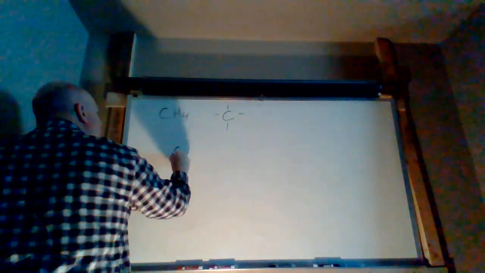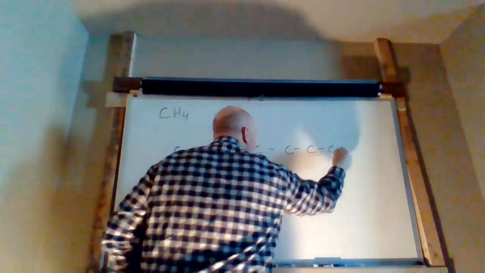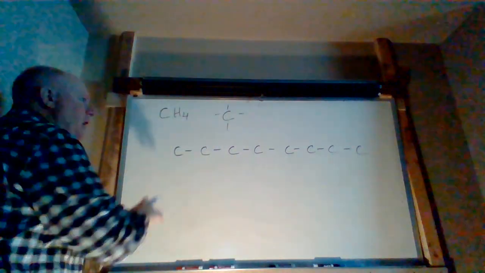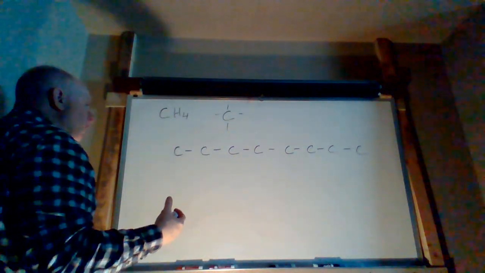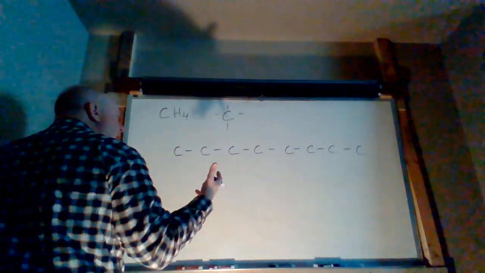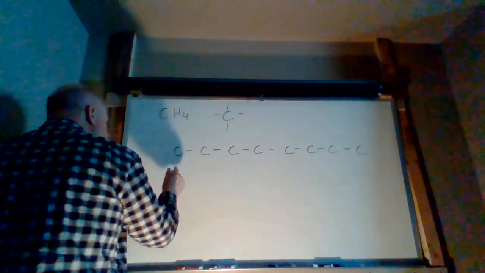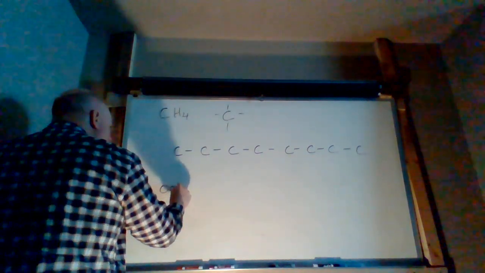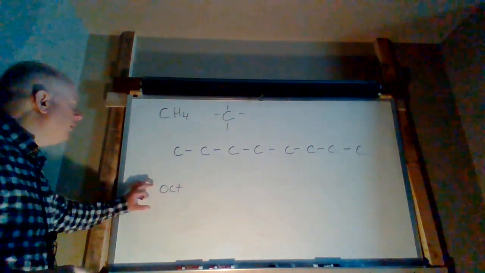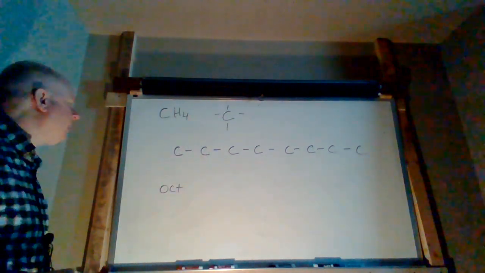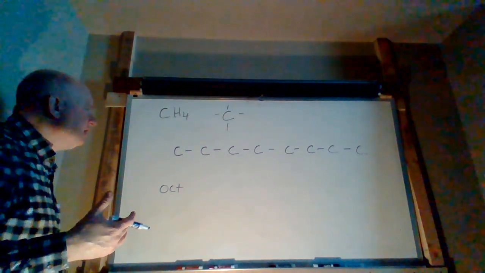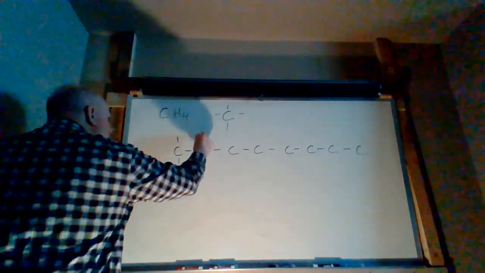Let me try this marker once. Okay, so notice we've got 8 carbons in a row. The prefix, once you get past number 4 and starting with number 5, is the geometrical shape. So if we have 8, we know an 8-sided figure is an octagon. So we're naming our parent chain, and if there's only hydrogens on here, if we put 1 above and below,